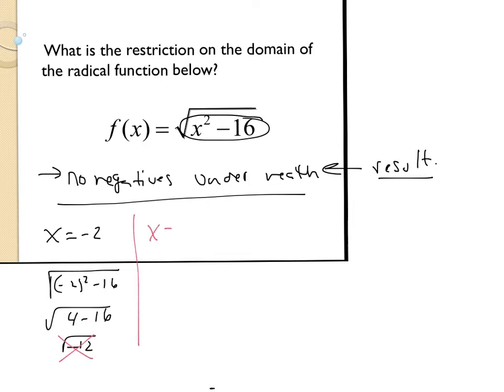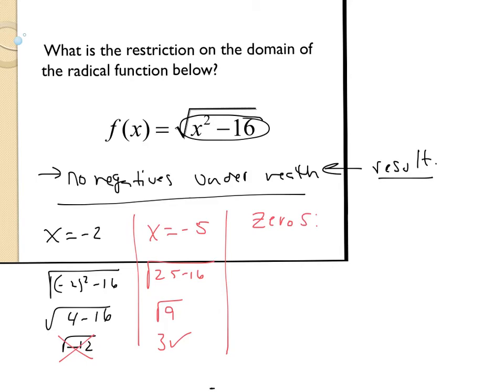But if I had, for example, negative 5, and I put in a negative 5, that would be 25 minus 16, and that would be root 9, which is 3. That does work. So what values are going to allow me to graph this, have real values, not imaginary values? So the boundaries are going to be zeros. If we find the zeros, that's going to help us find the boundary as to where it works and